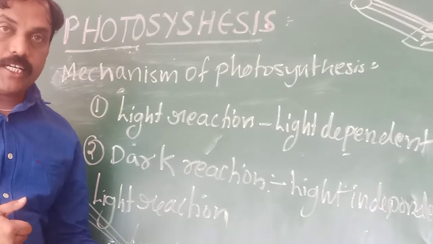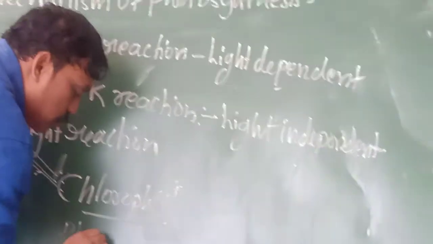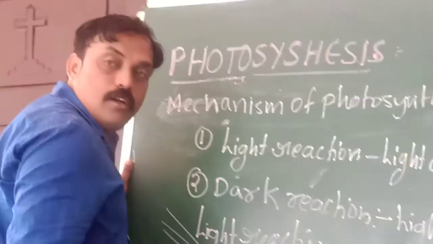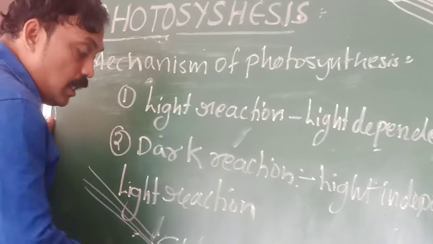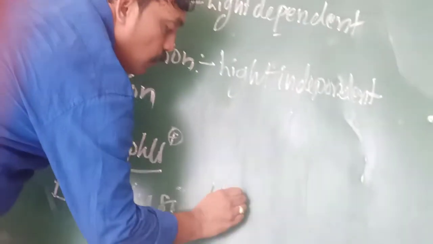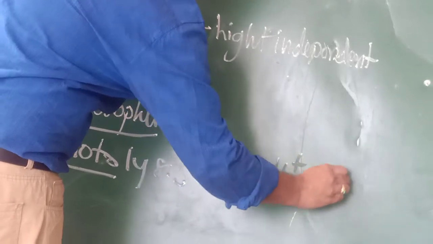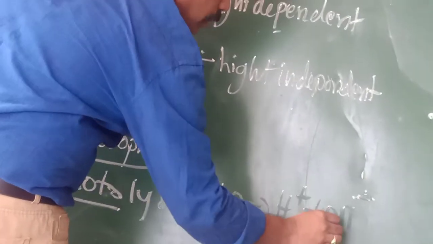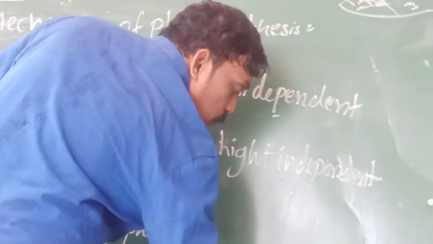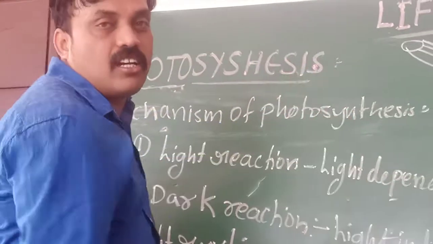When it is activated, this chlorophyll molecule is useful for photolysis. The next step is photolysis. What is photolysis? By using sunlight energy, photon energy, lysis means breakdown. What does it break down? Water molecules. H2O breaks down into H plus and OH minus ions. By a reaction, the OH minus ions combine again and form water molecules. The H plus ions are useful in the process of dark reaction.